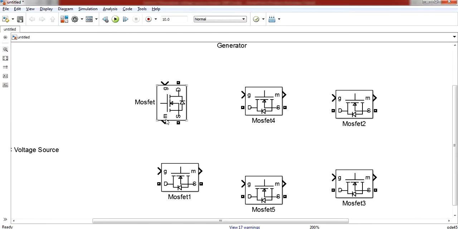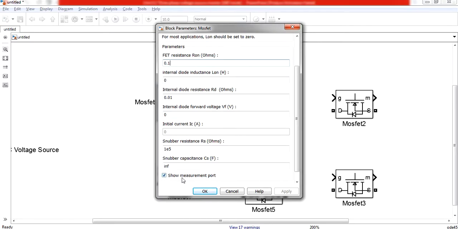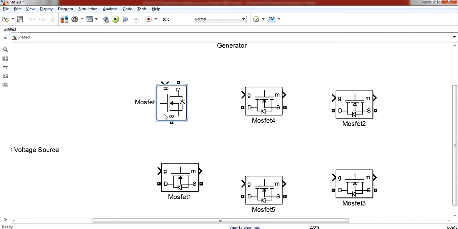One more terminal is there, using which you can observe the output. If you don't want this, you can double click on it and turn off show measurement port. That M stands for measurement, you can always turn it off. If I apply, you see that the 4th terminal has gone now. You can observe the output waveform only for the last MOSFET.